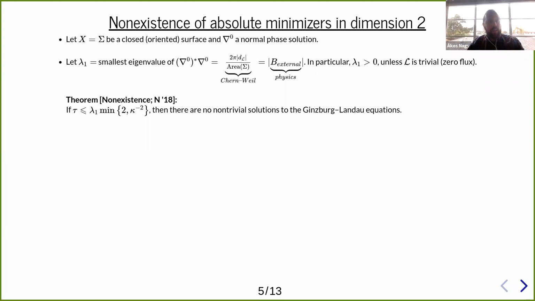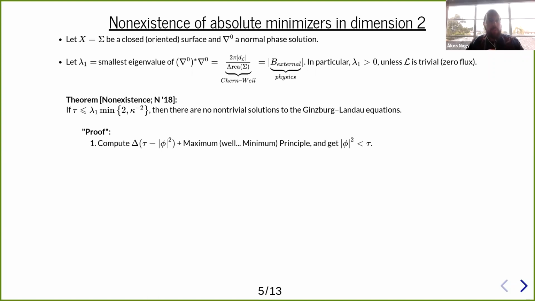It says that if tau is less than lambda 1 times the minimum of 2 or 1 over kappa squared, then there are definitely no non-trivial solutions. So the only solutions are normal phases. There's no superconductivity. For small tau, there's no superconductivity present. So the proof, again, in quotation marks, because I'm only doing just the idea,